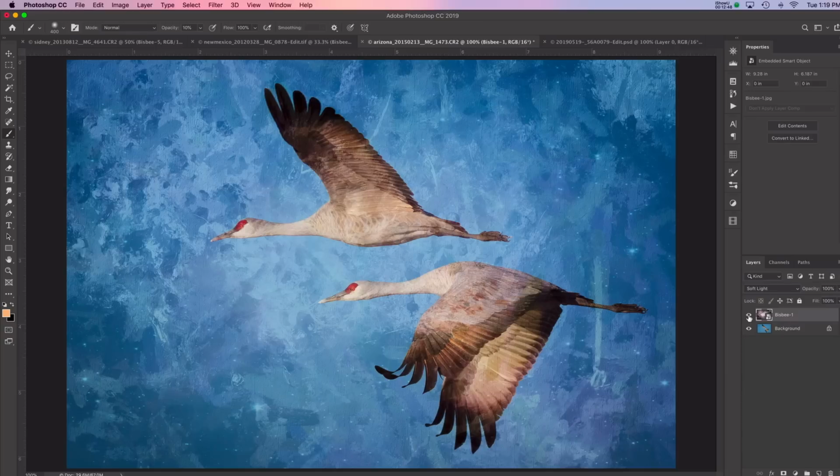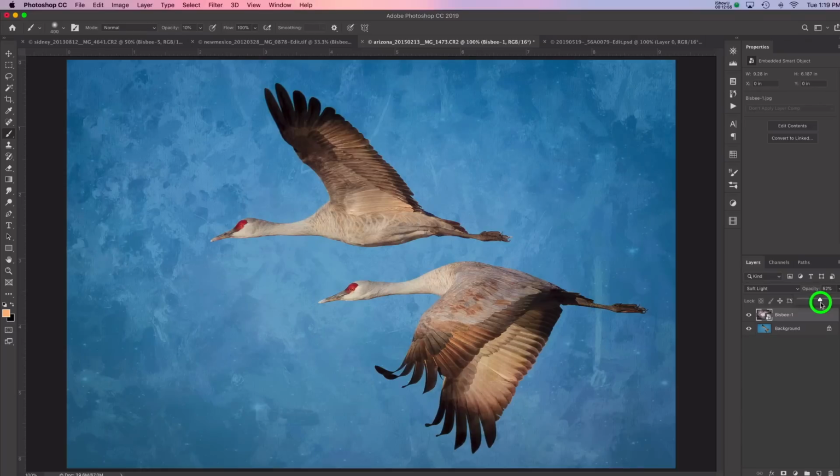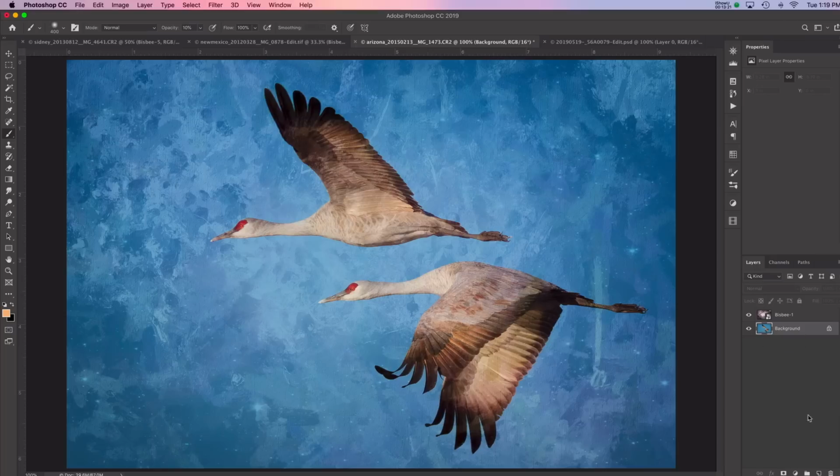So what I'm going to do in this case, well, first let me take the opacity of this down. Let me just see where I want that opacity to be here. Okay. So I'm going to leave that at here. That looks good, 78%. Still seems to be a bit too blue for me though. So what I want to do is reduce the blue, and you can see the blue is coming from the background layer. So I'm going to click the background layer, and what I'm going to do is decrease the saturation